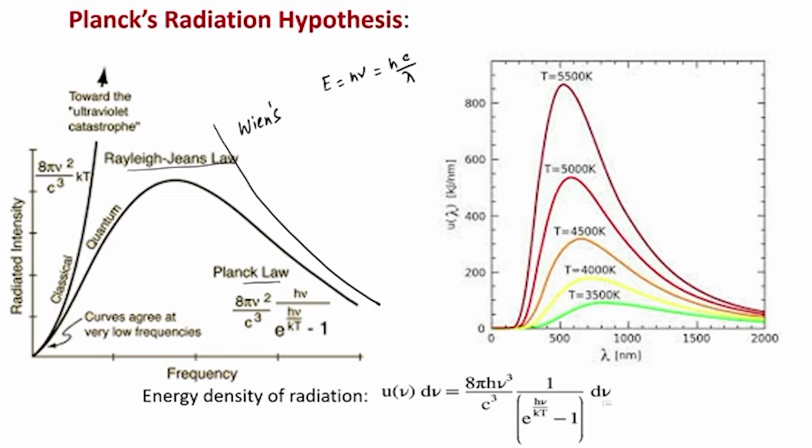And that led Planck to propose that the energy density of radiation between frequency nu and nu plus d nu, which you can equivalently write in terms of the wavelength by using this relation that we have written here, is u nu d nu equal to 8 pi h nu cube divided by c cube, and then there is an exponential h nu by kT minus 1, and this helps you to obtain this non-monotonicity in this